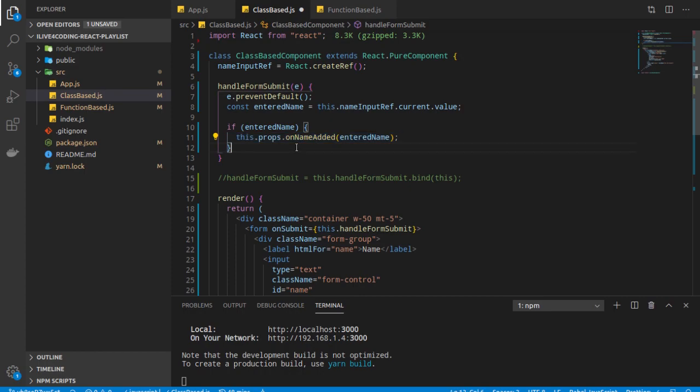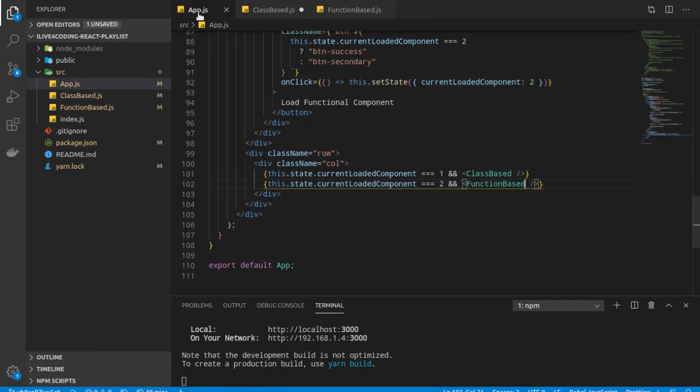So where does this onNameAdded come from? Let's see. This is the only way we can pass data from the child component to the parent, because there is no direct way to pass data to the parent. We need some container, and here that container is a function.